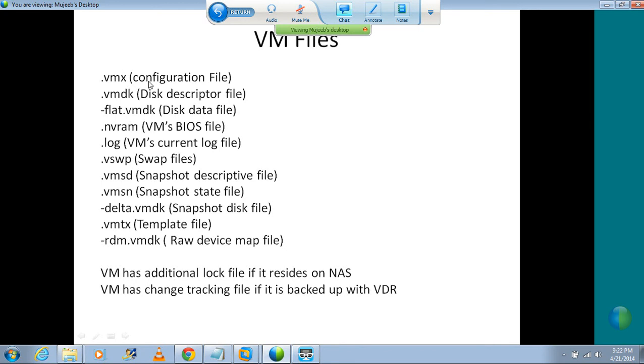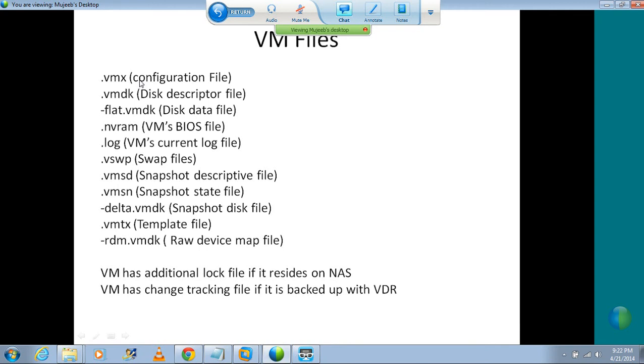What are the configurations? You assign two cores to your virtual machine. You configure RAM to it, maybe 2 GB, 4 GB, 6 GB. Then you configure the virtual hard disk, then the NIC card. All this configuration, the hardware configuration information of this virtual machine, is stored in this particular file called the configuration file, which has an extension .vmx. The most important file, guys: if this file is missing, then your virtual machine will not get powered on. So, configuration file,